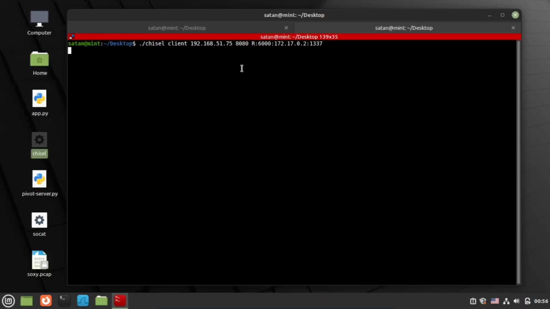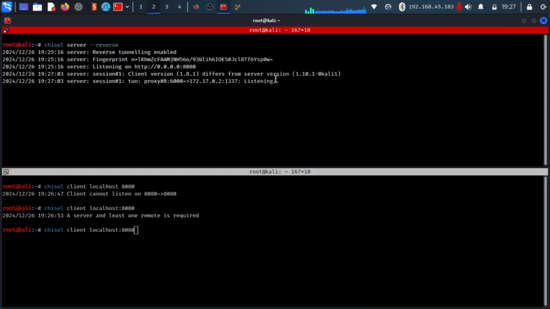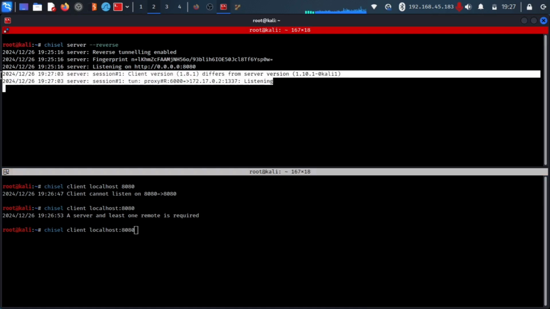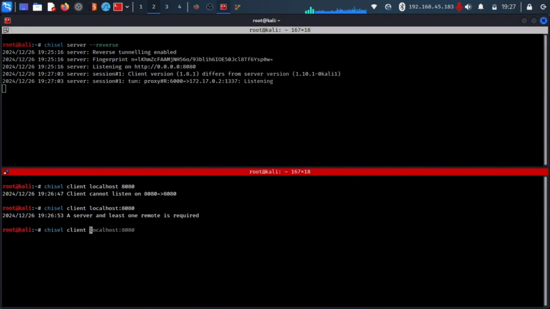Okay, so what we have done wrong is we have to use this syntax, and yes, so we have successfully connected. So that was my little error. So we have to use a colon, not a space. So okay,